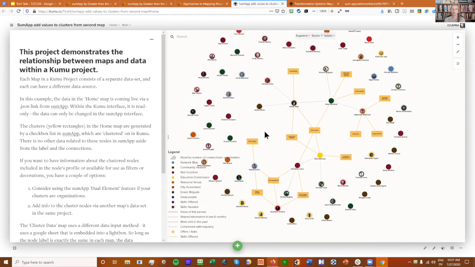The only way you can get data into Kumu when you use the live link is through sumApp. So it's got to be asked and structured in sumApp in order to get it into the map. Since we didn't ask for information about the organizations explicitly in sumApp, there won't be any organizational information in those nodes to show you stuff about the organization. But